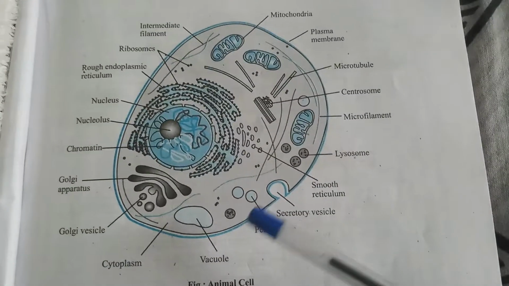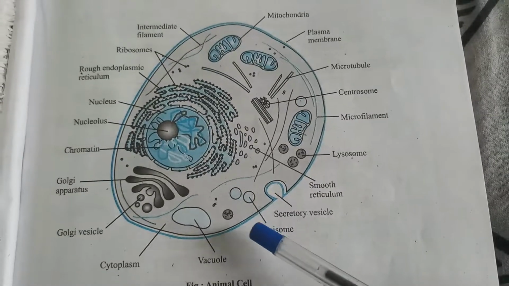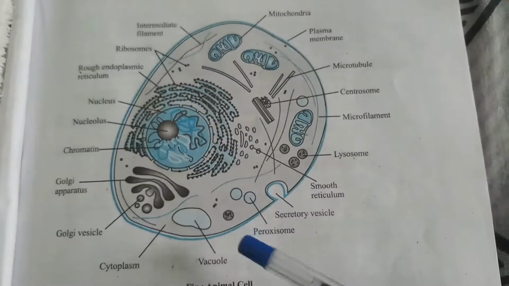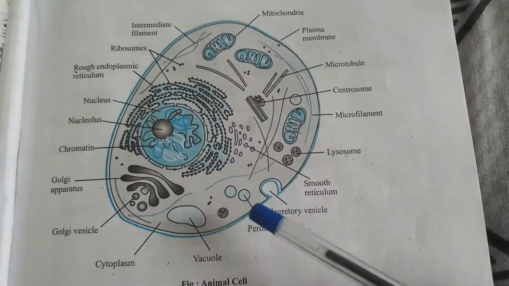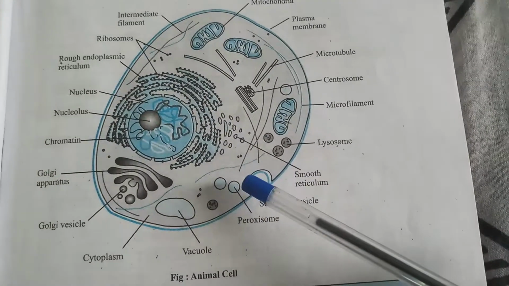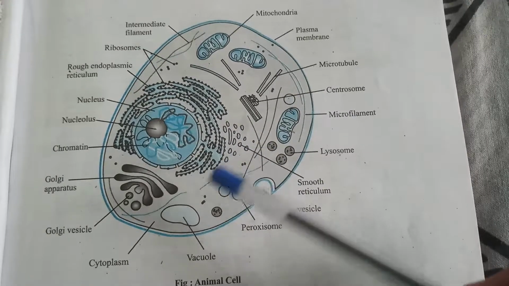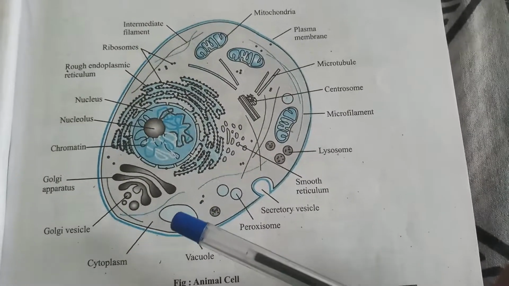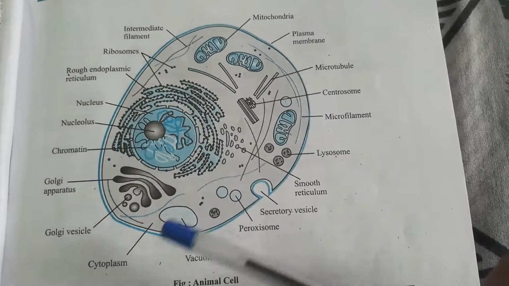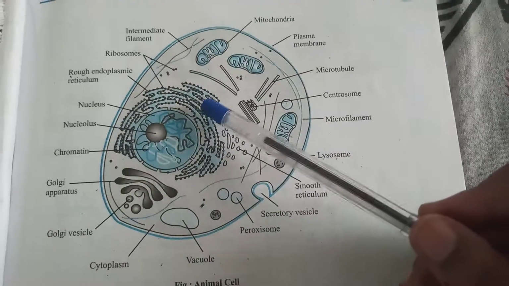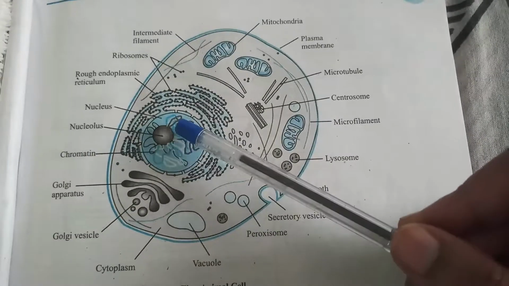Next, peroxisomes, which convert hydrogen peroxide to water and oxygen, and oxygen to hydrogen peroxide. The thickest membrane cell organelle is the peroxisome. And next, the vacuole. Whatever contents are not needed by the cell, like minerals, ions, food, water, etc., are transported to the vesicles. And altogether we have the nucleus, which we also call the brain of the